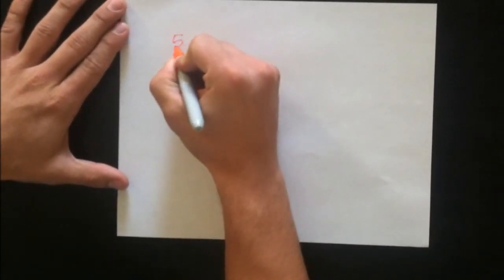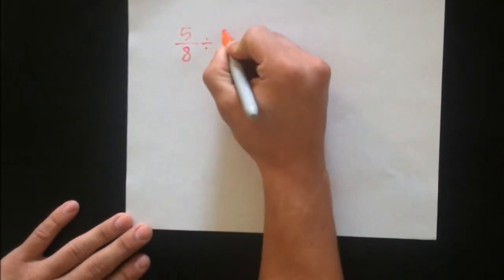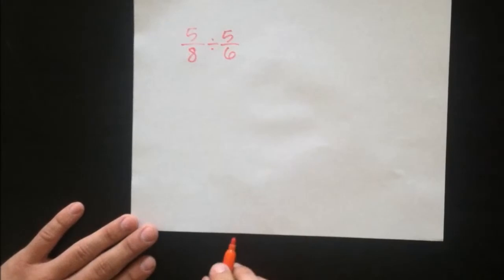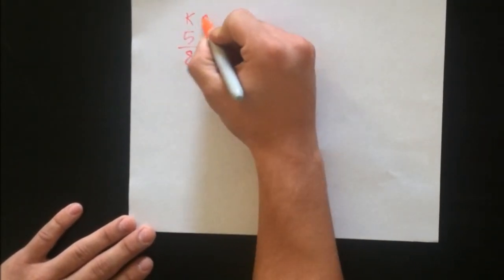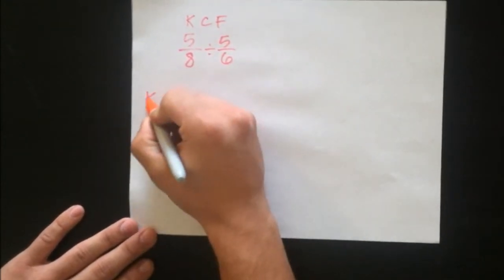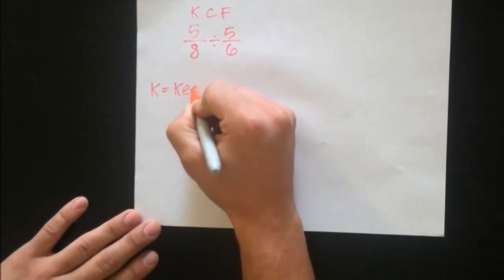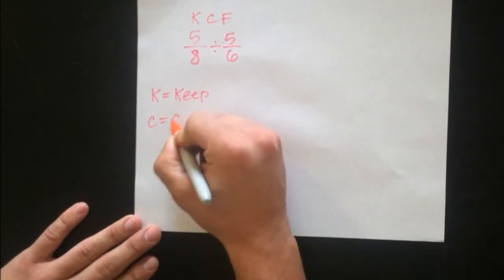Okay class, now that we saw the PowerPoint, we'll try our problem together, and the problem that we have is 5/8 divided by 5/6. And if we remember, we can't divide fractions. What we do is we use the KCF to try to solve our problem, and K equals keep, C equals change,